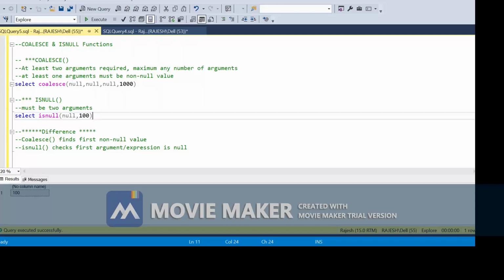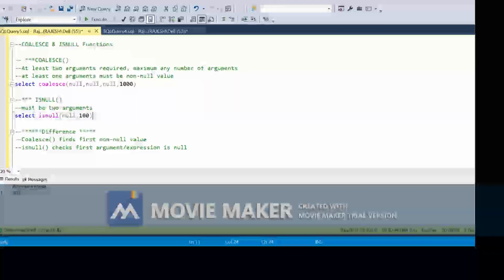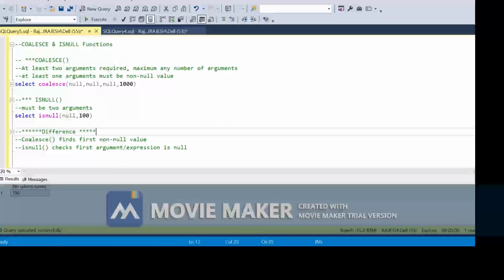Isnull and Coalesce are very useful functions in SQL scripting, and now we will see what is the difference between these two functions, and why we use these two functions for different purposes. So the first difference is that Coalesce finds the first non-null value. The facts related to the Coalesce function: Coalesce finds the first non-null value, means